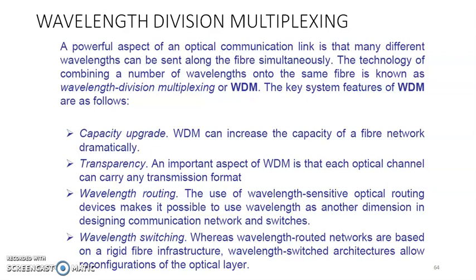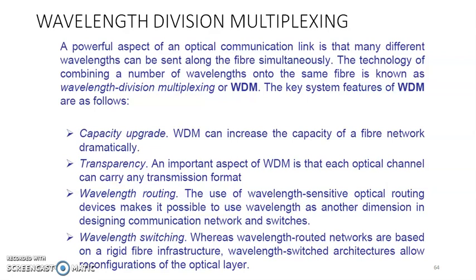because in an optical link there are many different wavelengths that can propagate through the fiber. So we need to combine all the wavelengths in a single device. All these wavelengths are multiplexed using the multiplexer, and then propagate through the fiber. Using this technique, the capacity upgrades. So WDM can increase the capacity of the fiber network.